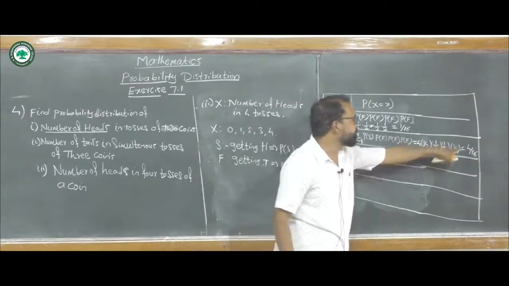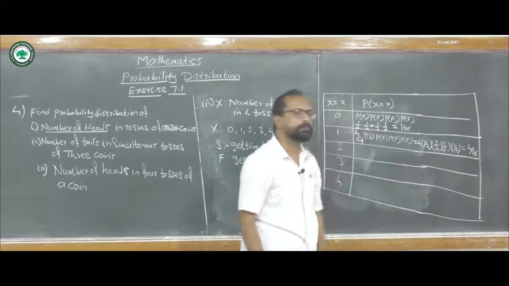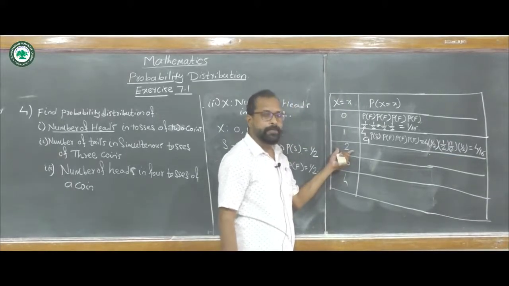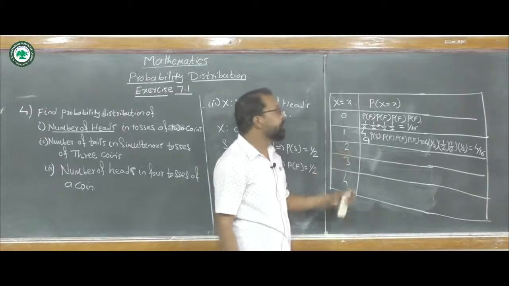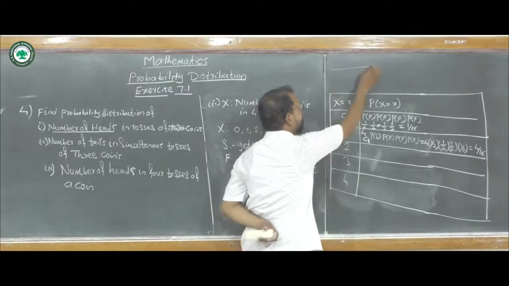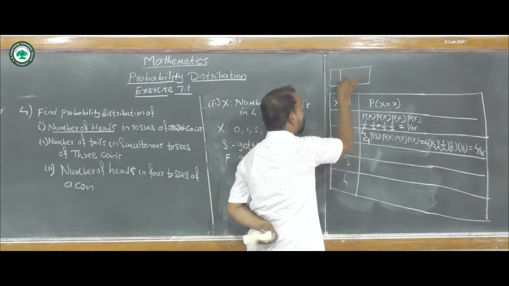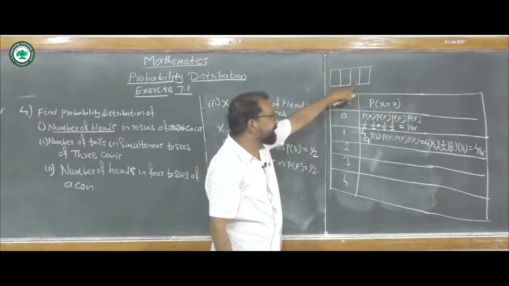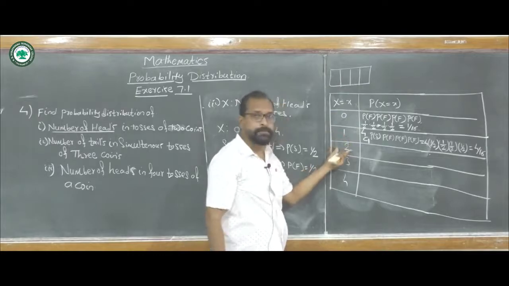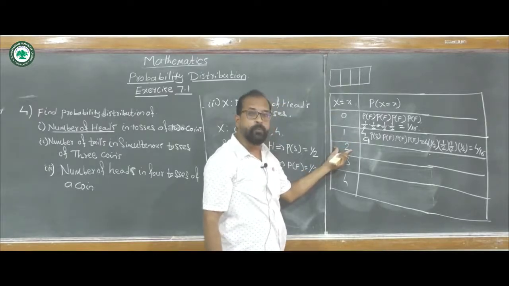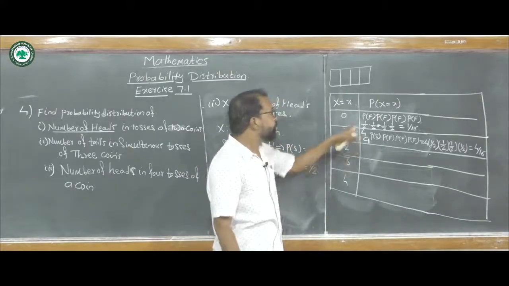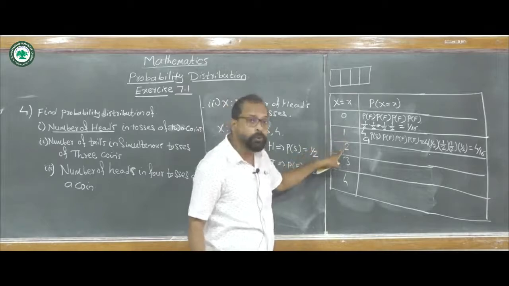We get the value when the random variable takes the value 1, that is getting 1 head in 4 tosses, its probability is 4/16. Now getting 2 heads. Since we toss a coin 4 times, there are 4 places for these 2 heads. It alternatively means that we have to arrange 2 heads in 4 places.